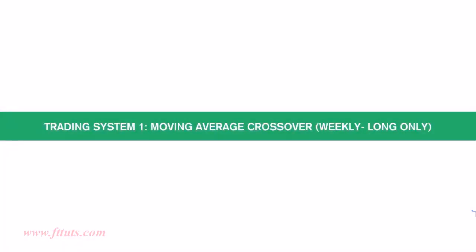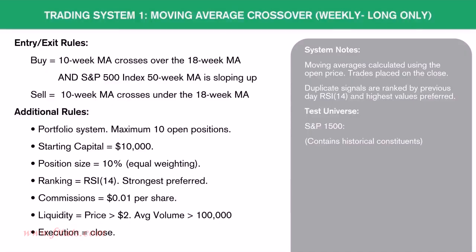So, one of the most proven strategies for making money in financial markets is to follow trends. That can be as simple as buying stocks when the trend is up and selling when the trend changes. This is called trend following, and it's a trading style that has been around for decades and seen a lot of success. Trading System 1 then is a simple trend following system that uses moving average lines to identify stocks